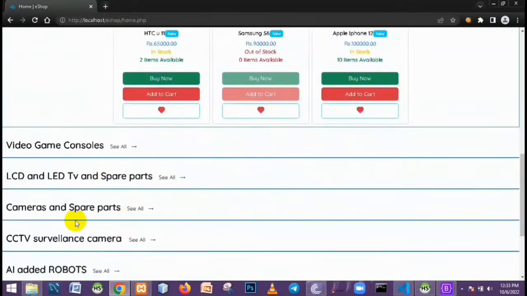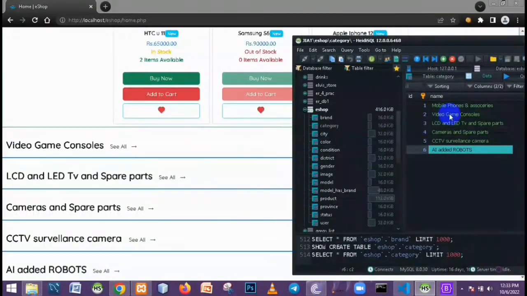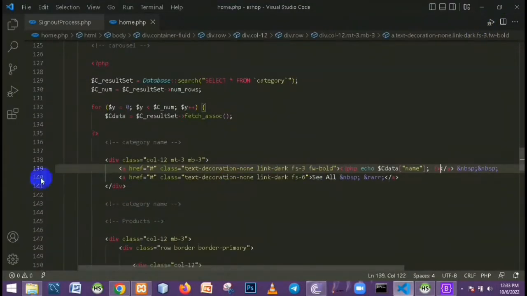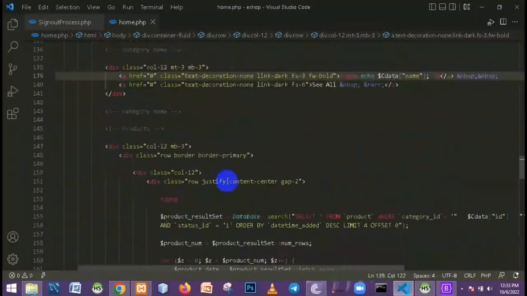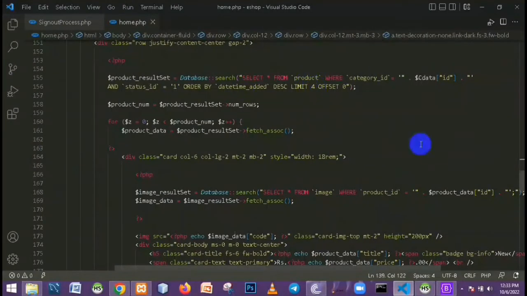So there is a name. I will show you that. If I show you that, there's a mobile phone accessories here, and video game consoles, LCD and LED TV, camera, CCTV, AI robots. There's more. Okay. Now I think you can understand about this. I don't change any of these things here, and also I want to show you how I add product listing